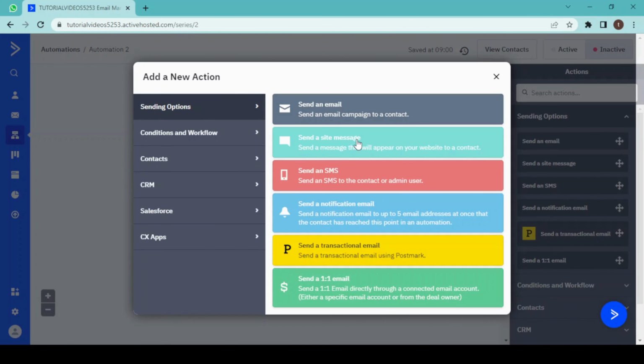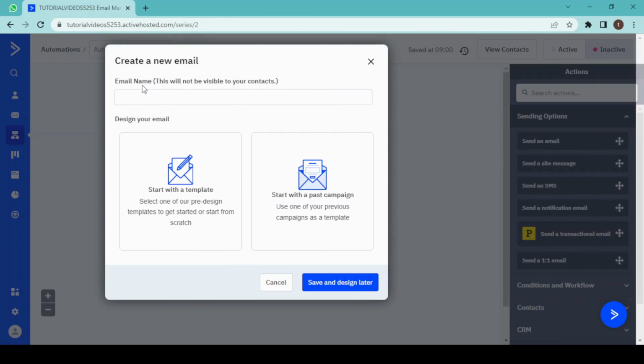and then we have to choose action. If my visitor subscribe to my list, then what will be done? To either send them an email, a message, an SMS, a notification, and whatsoever. So I am choosing an email, and then I have to enter the name of email, so I'll write verification,